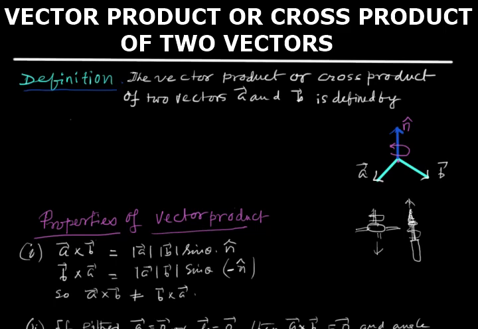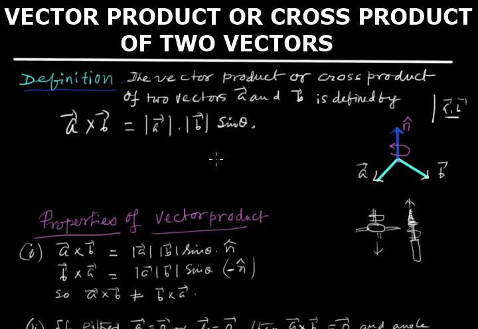Here we'll write this by cross. Initially we learned A dot B. Now we will learn A cross B. We define this as magnitude of vector A into magnitude of vector B. Now we take the angle. Instead of cos theta, it is sin theta, and since there is an effect, it has a direction, and we are writing it by n cap,